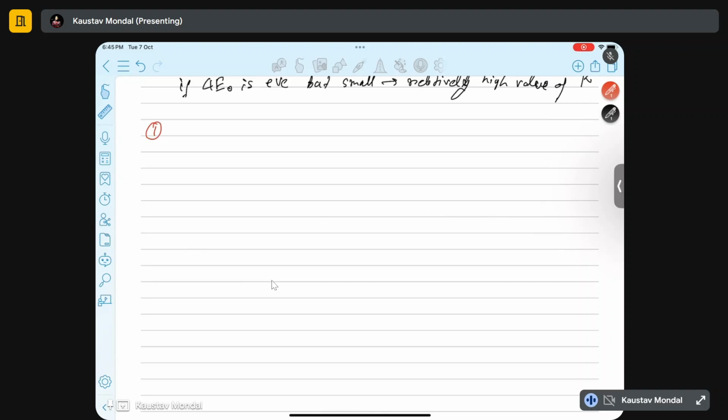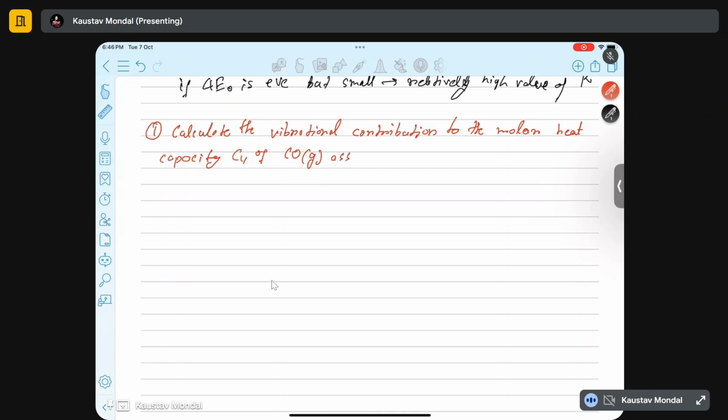The problem looks like this: Calculate the vibrational contribution to the molar heat capacity CV of carbon monoxide gas, assuming